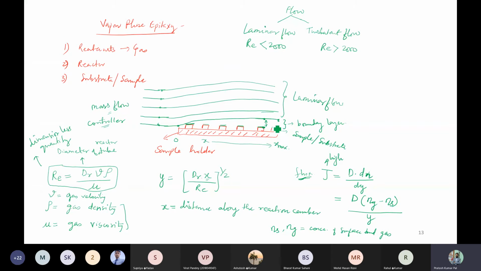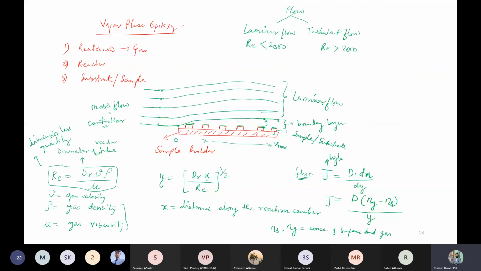If the boundary layer increases, the flux will be less. If Y is high, the J value will be low, so there will be poor deposition on this part of the substrate. Here the substrate will have better deposition of the epitaxial layer, and this part will have poor epitaxial layer deposition. We should avoid this so that we have a uniform deposition